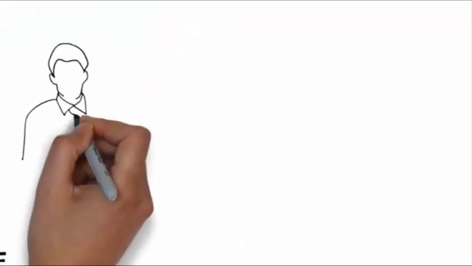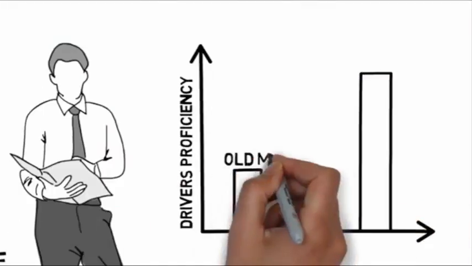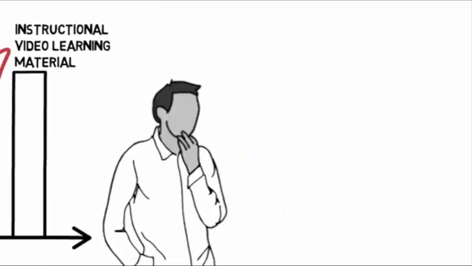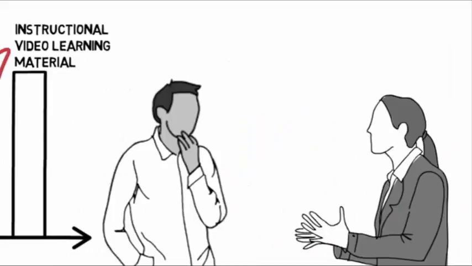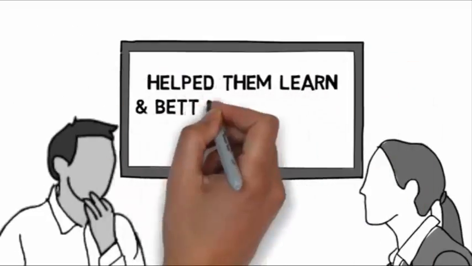It is determined by the evaluator that the driver's proficiency in overtaking a semi-truck has improved after taking the training program. Mr. Harrison and drivers feel that learning with video, graphics, drawings, and animation help them learn and better understand